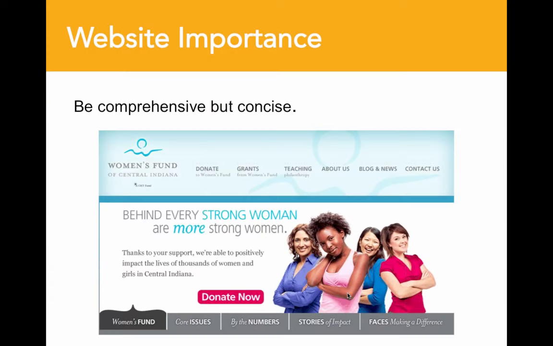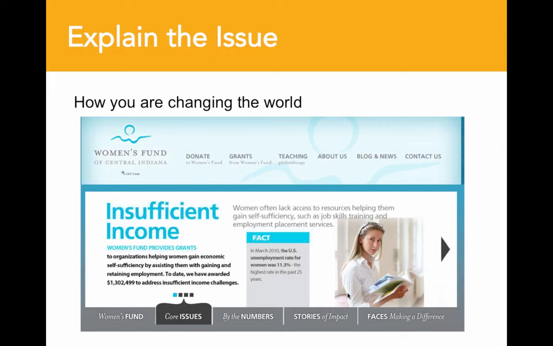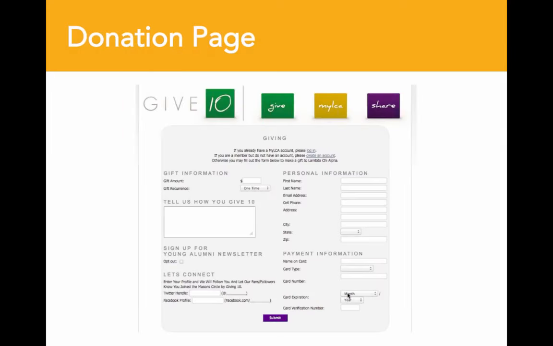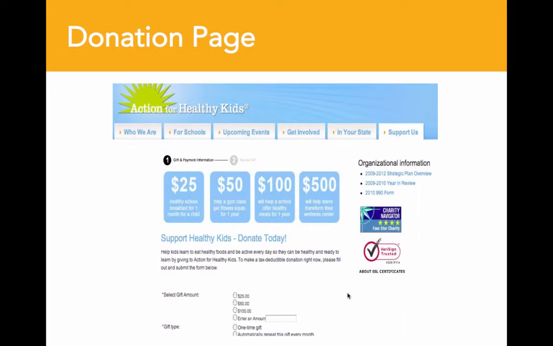So I'm going to skip through the online design. We already talked a lot about this, but these are some great examples if you need some ideas for your website. And then real briefly, I'm just going to tell you that the most important thing with your solicitation campaign